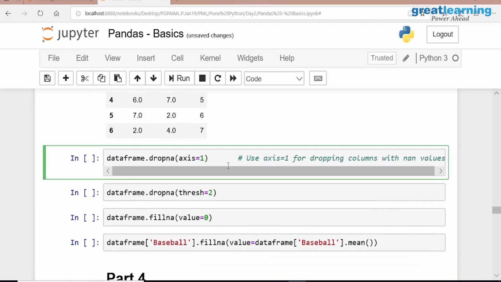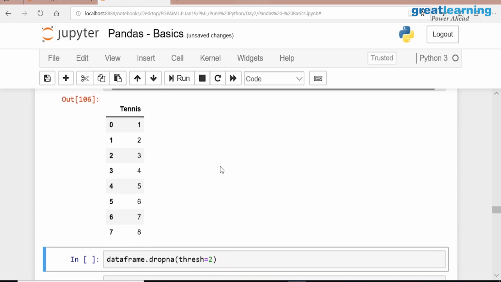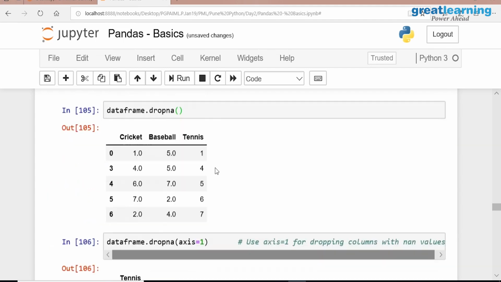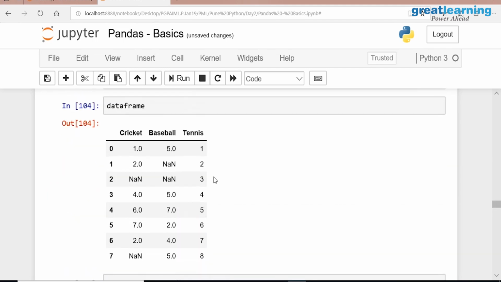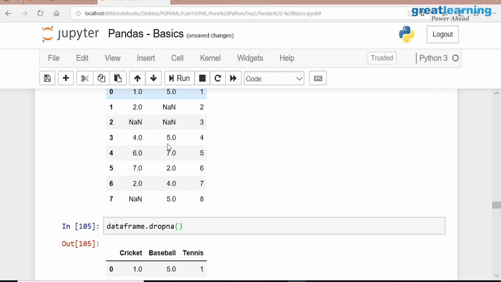Okay. So if you want to drop columns which have missing values, you don't want to drop the entire row, then what can you do? axis is equal to 1. Now because only these two columns have missing values, these two columns have been dropped. Again, inplace is not True.